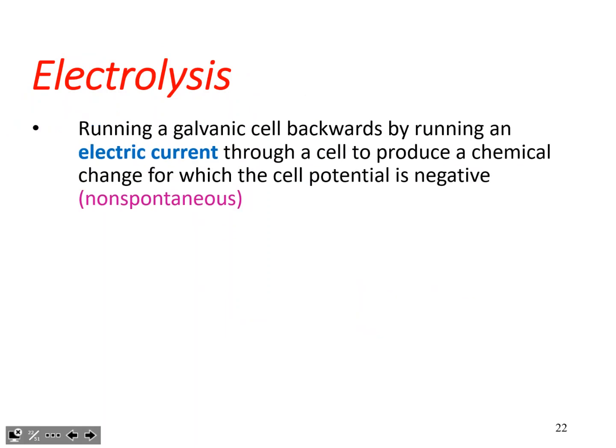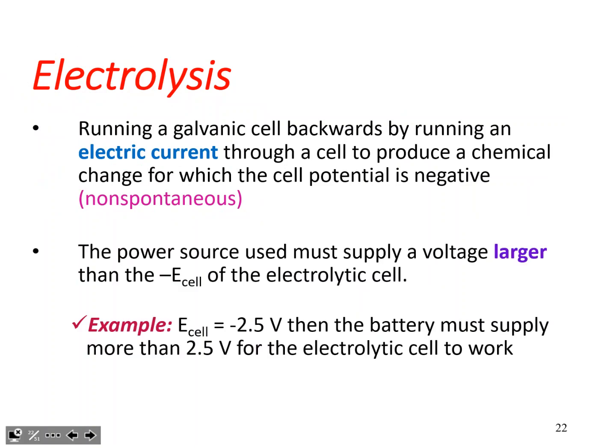Electrolysis is running a galvanic cell backwards by running an electric current through the cell to produce the chemical change. Basically, you're using electrical energy to make chemical changes, okay? This kind of cell is set up to be non-spontaneous to begin with. It's not thermodynamically favored, and it's going to have a negative E cell to begin with. By powering it, though, you are able to get the reaction to run. And it has a couple of different uses,